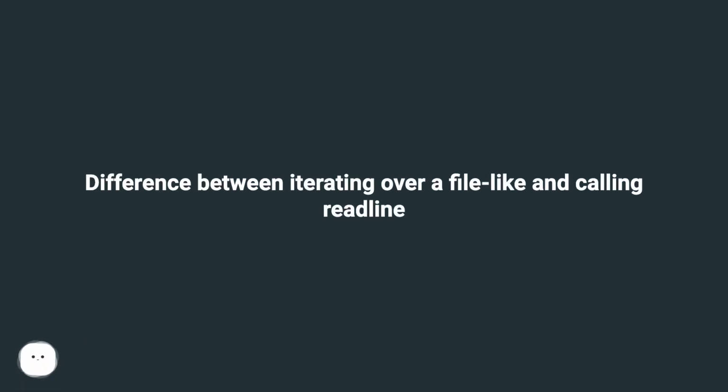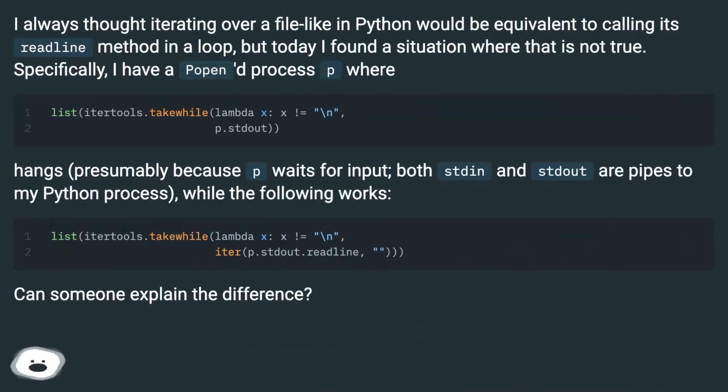Difference between iterating over a file like `for line in f` and calling readline. I always thought iterating over a file like that in Python would be equivalent to calling its readline method in a loop, but today I found a situation where that is not true. Specifically, I have a Popen process P where